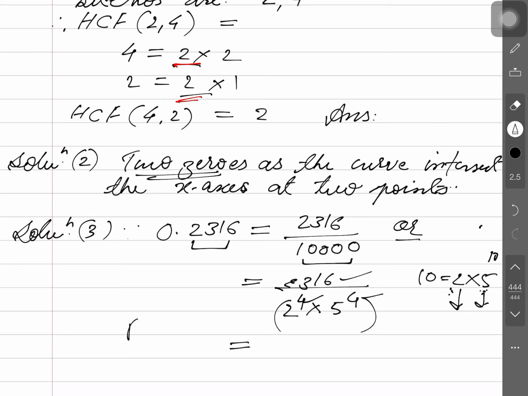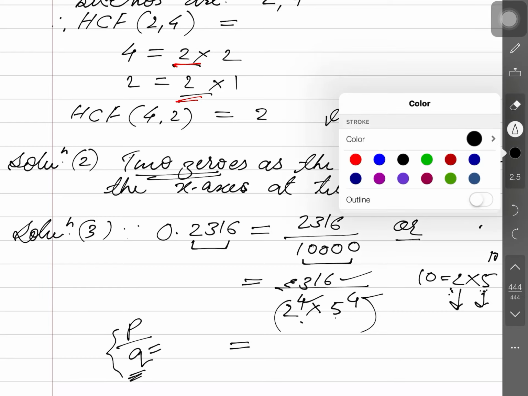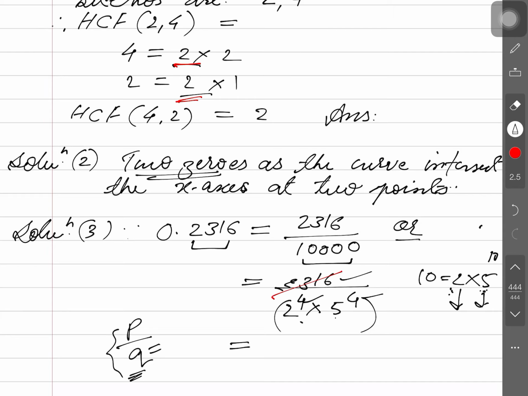So this is not the p by q form here, because in the form of p by q, p and q are co-primes. So this is not q, however. We first need to cancel it. This can be cancelled by 2. So what shall come here? 2 1s are 2, 2 1s are 2. What's left here? 2 5s are 10 and 2 8s are 16.